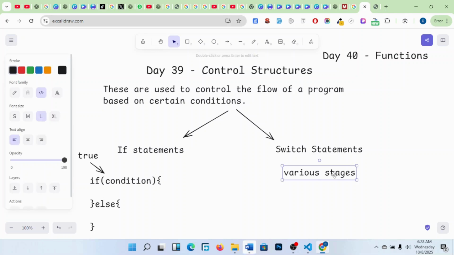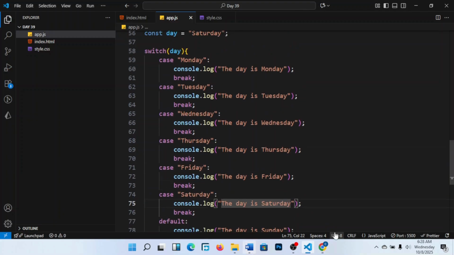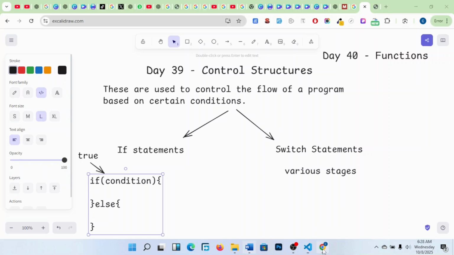That is how they are. The if statement, you have seen how the if statement goes. The condition must be true for it to continue. Then the switch statement wants to look as if it's the if statement, but it is different. It has various stages which it can go through. Just understand that the difference between the if statement and the switch statement is that